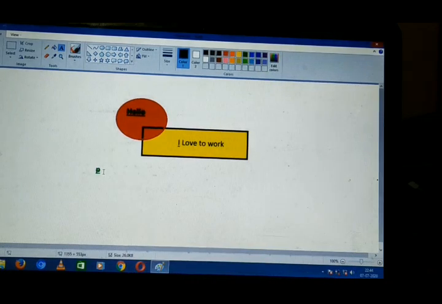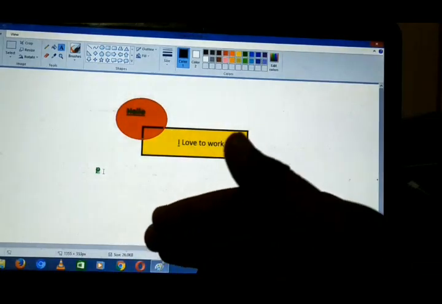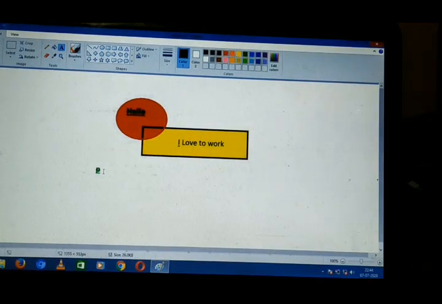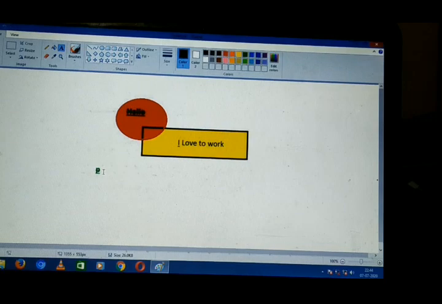Hope you have understood, and you can try more things. There might be many things you already know, and you can gain more if you have a computer at home. So you can enjoy working with these tools, some more drawing tools. That's why the name is given, some more drawing tools. So you can enjoy and make use of this time.